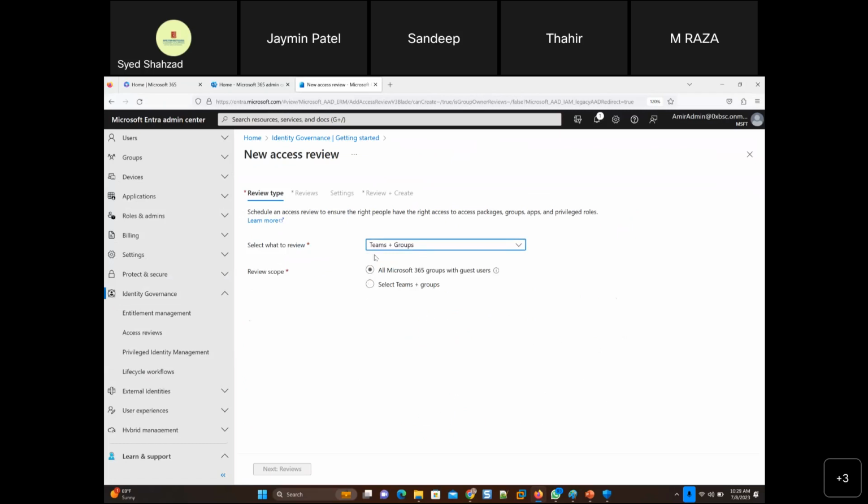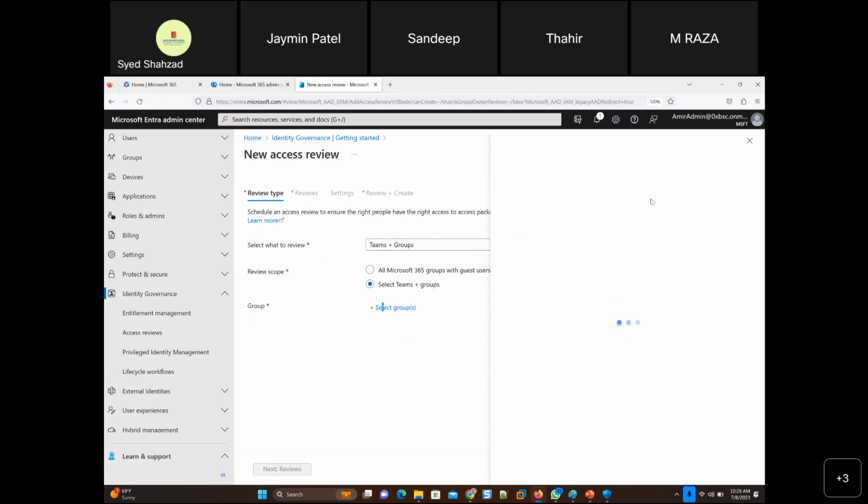Anyway, so here, teams plus groups. So reviews go to all Microsoft 365 groups with guest users. Select teams plus groups. Actually, I just want to keep it for groups. So if I put, yeah, there you go. Then it says select a group that you want to have an access review of users' access to this group.